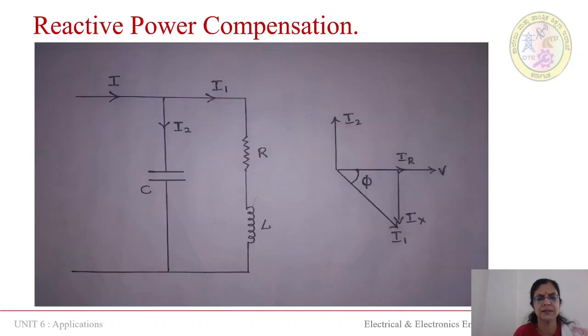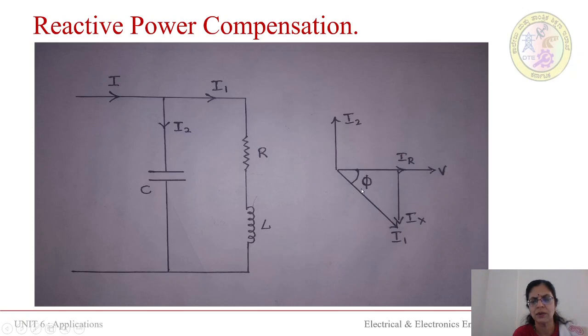To understand the actual static VAR compensator, let us know how the compensation is actually done. Before going to the circuit, let us go through a small simple circuit. For the time being, forget this capacitor. Let us say a system is connected to an RL load, that is resistance and inductance. We have to remember that in an RL load, current lags the voltage. Voltage is the reference. Current is lagging the voltage by phi. I1 is the current in this RL load.